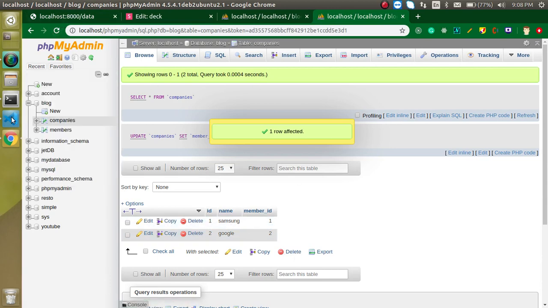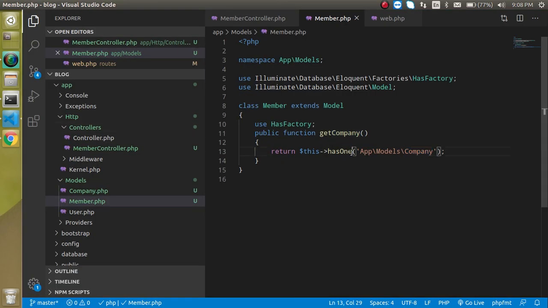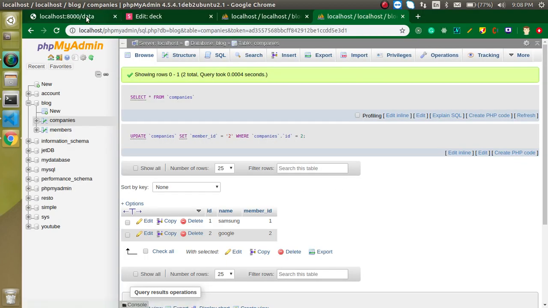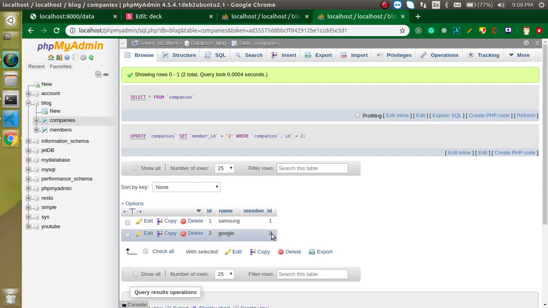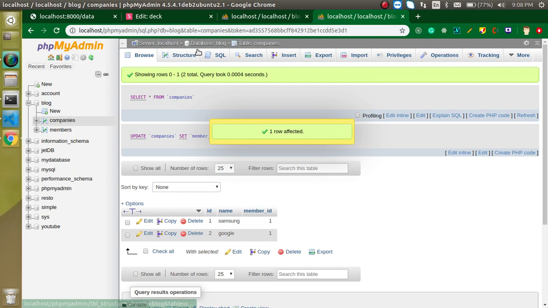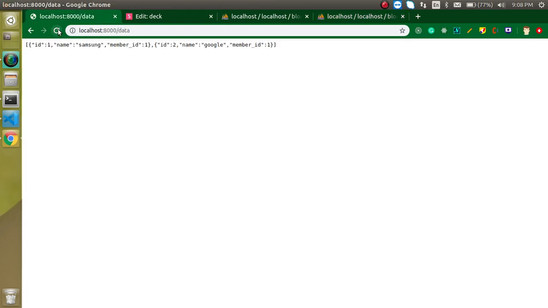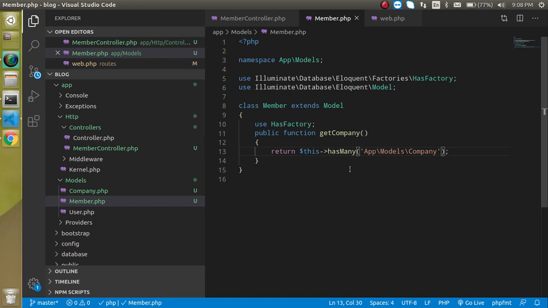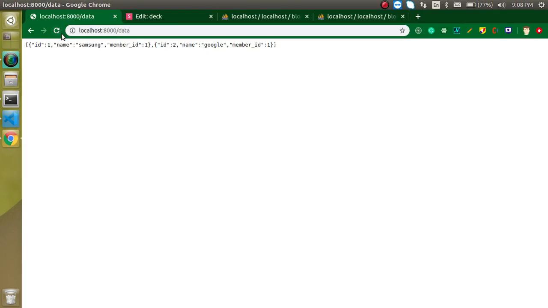So I just want to mention here for a moment, because this is not a complete video for one-to-many, but if we have one-to-many, then you can see that. All right, so just put ID 1, and you will see that we get both data. So that's about how we can use the one-to-one relationship. And this is just a small tip for one-to-many, and in the next video I will tell you the complete thing about one-to-many, right?